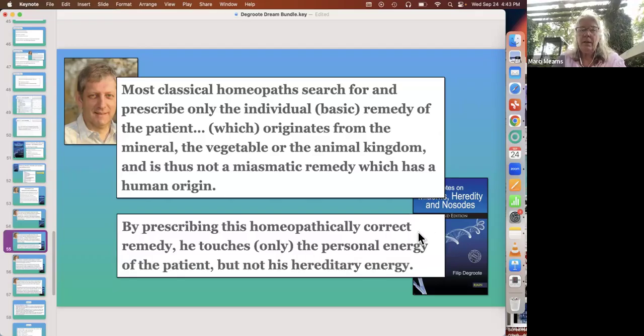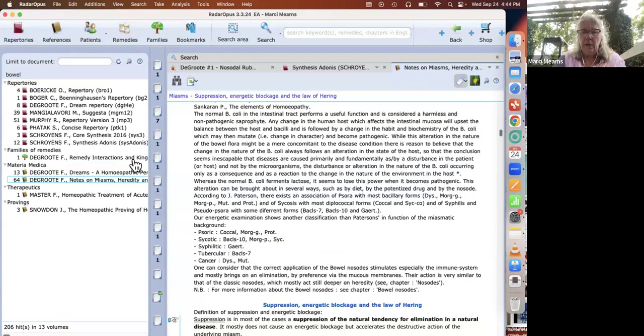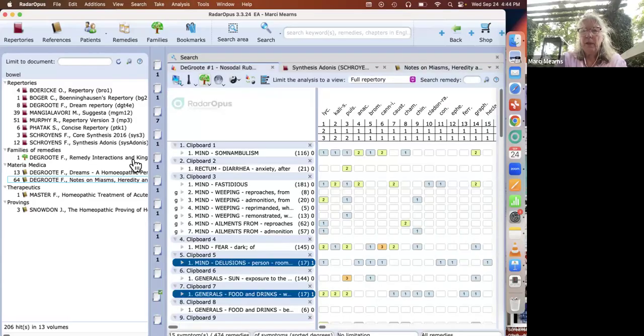By prescribing this homeopathically correct remedy, he or she touches only the personal energy of the patient, but not his hereditary energy. Witness our case here. We are touching the individual remedy of this patient, and we have removed anything that may have belonged to an inherited predisposition. Okay?